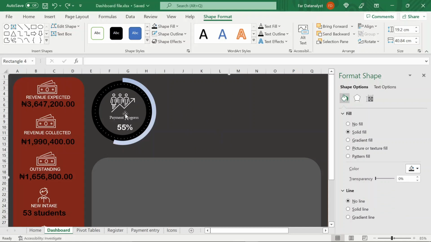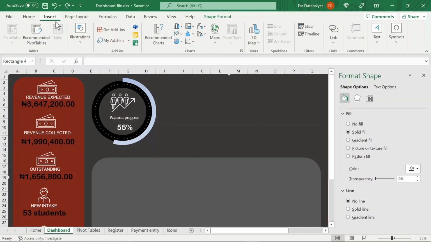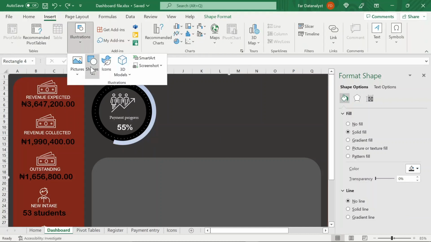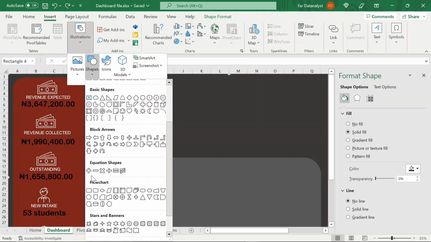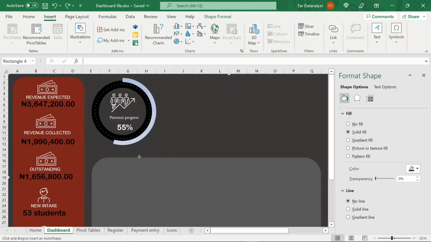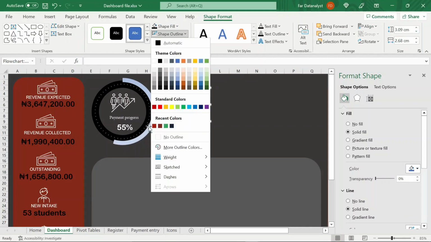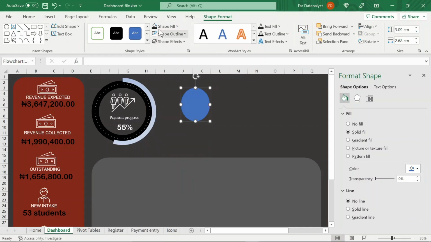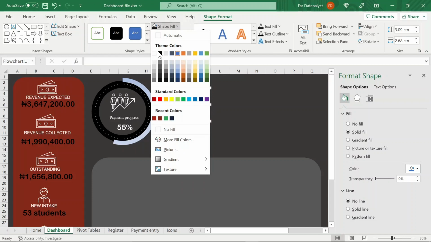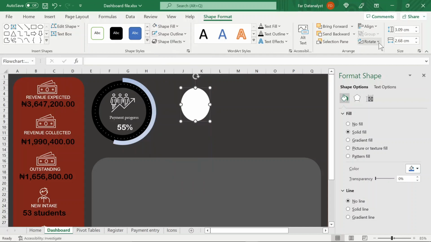So there's actually a white background on which this information are placed on top of. So I just come to insert, then I come to illustrations, come to shapes, then I select this circle we have here, then I just drag. So for the outline, for the shape outline, I say no outline. And for the fill, I want it to have a white fill. So I just select white. For the height,